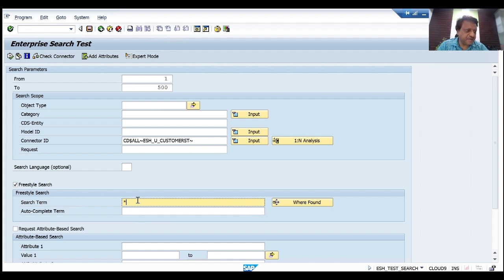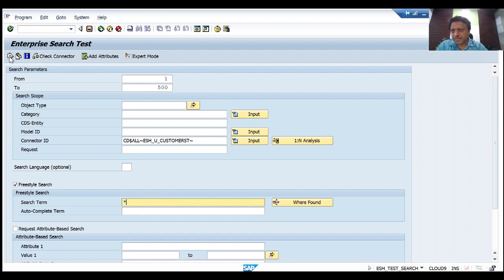Search term basically will mean one object which is either in the case either a customer number or a material number, and then we execute